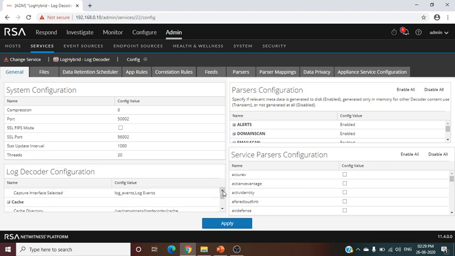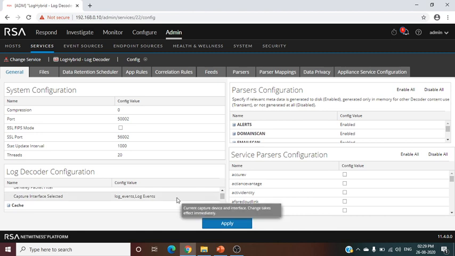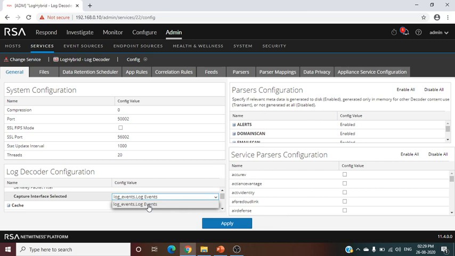Log decoder configuration. Here you have to define the capture interface. In your environment, choose your capture interface. In my environment, there is one, so I will choose that.